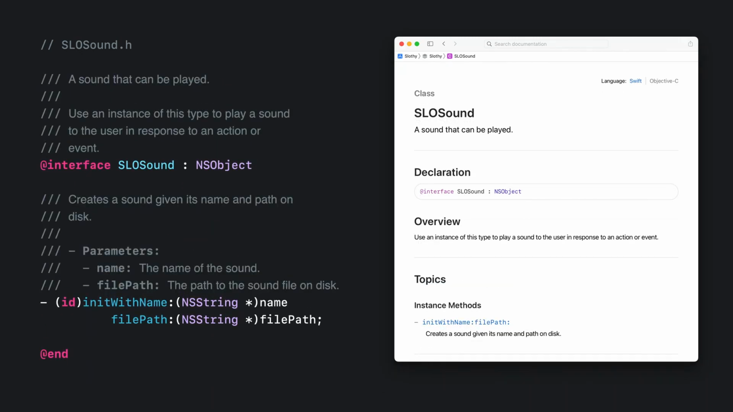Great, this looks much better. I've added a summary, an overview, and for the initializer, a parameter section. And that wraps up describing individual APIs. By writing a few documentation comments in source code, developers contributing to my project have a better understanding of how